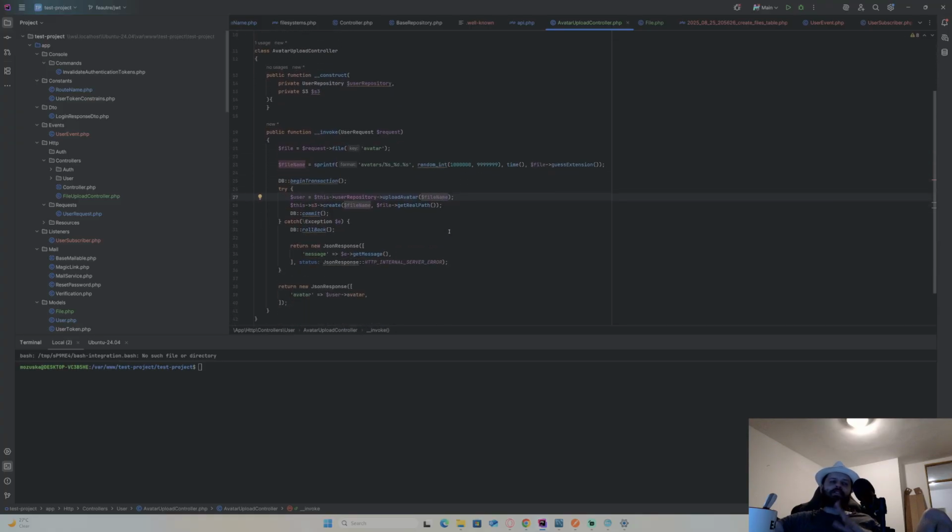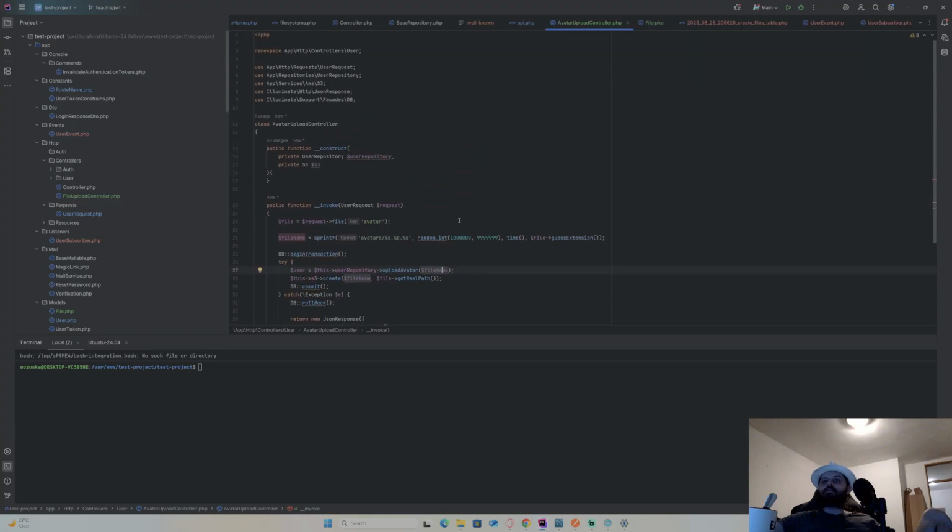I'll first adjust this code just for avatars, and then in the third iteration I'll adjust it to code that is general, extendable and adaptable to work with any files for any entities that need files.